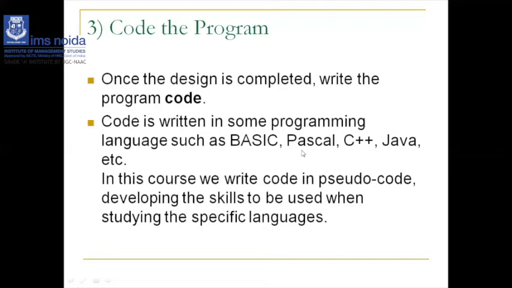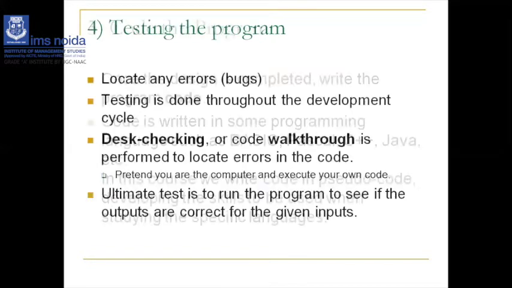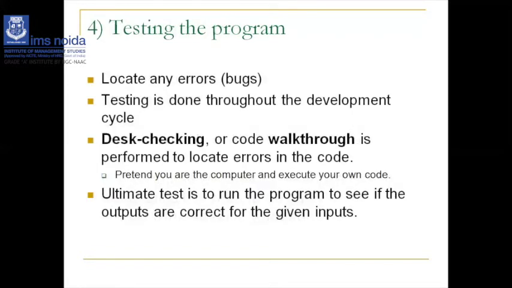For that, we need the specific translator to convert into the machine language. So the fourth step is to test the program. And how will we test? With the help of the specific compiler of that particular programming language. Do you locate any errors or bugs? If there are, we have to modify, or we can say we have to debug the program.